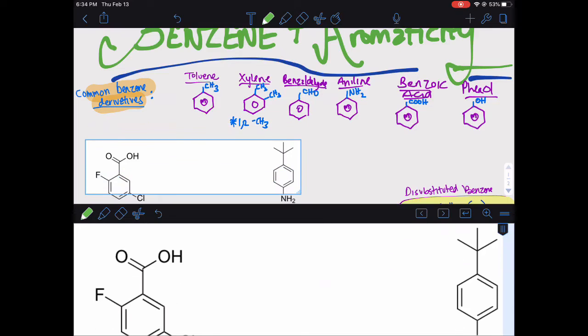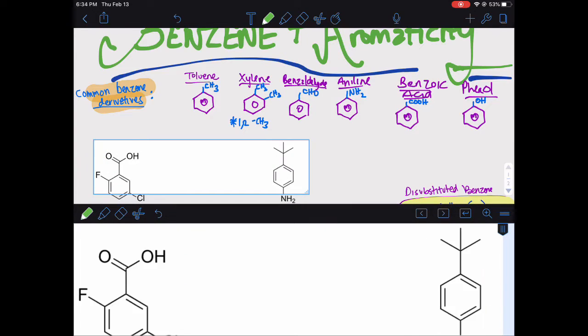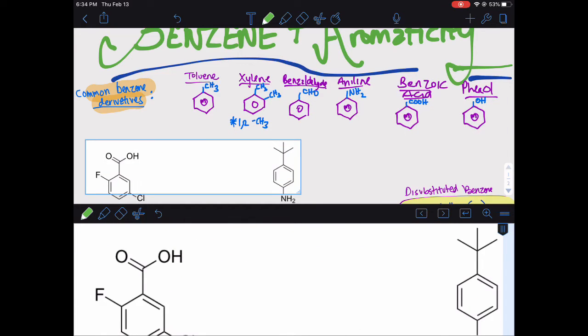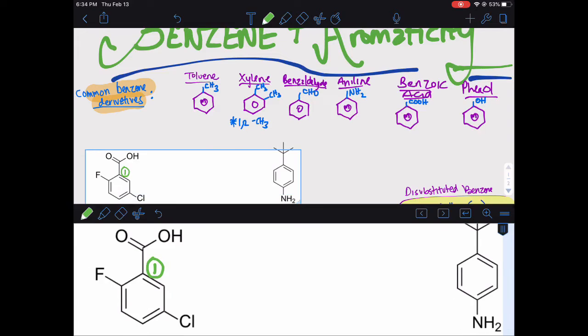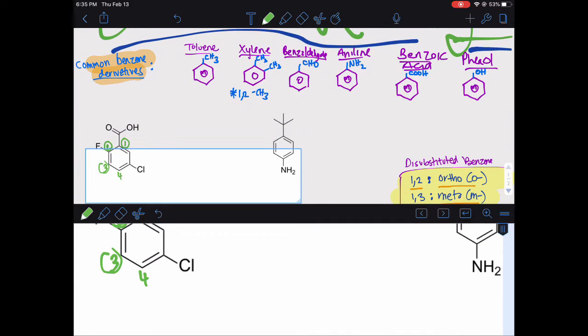If you look at this example, we have a carboxylic acid. Okay, so this actually gives us a derivative of, remember, benzoic acid. So this will get a number 1, and then the number 2 will go to the closest substituent, right? So that would be fluorine, and then you can just number in that direction. Okay,